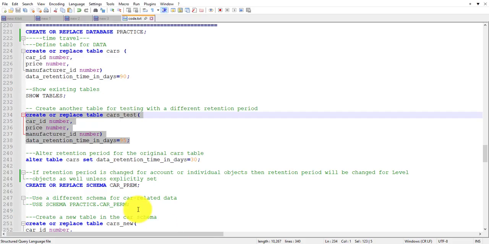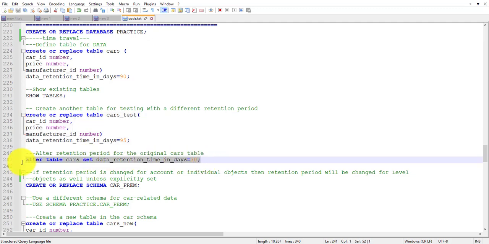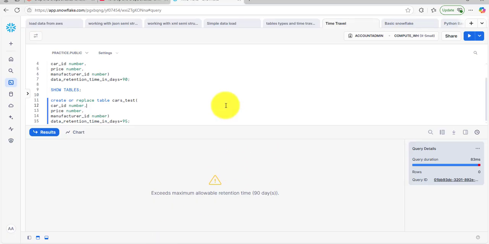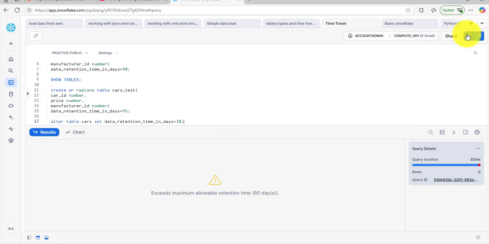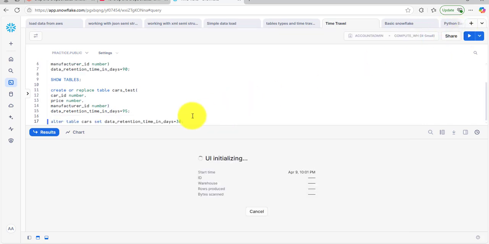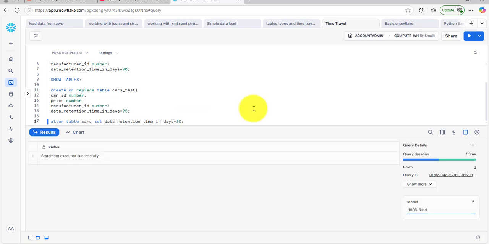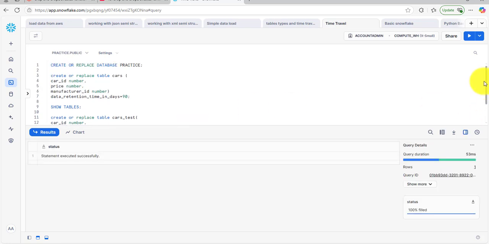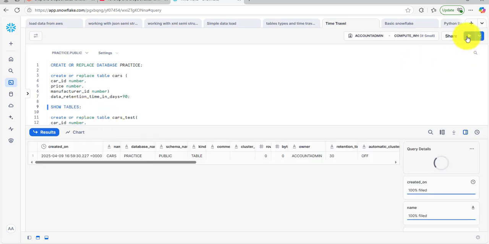So let's continue. We can alter the retention period for the original cars table using alter table. We can now check the table retention period.